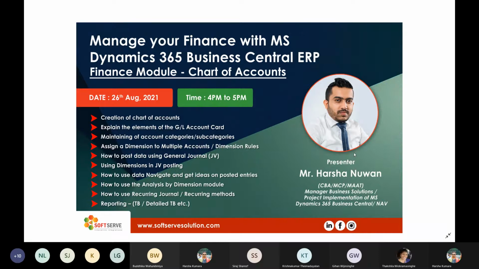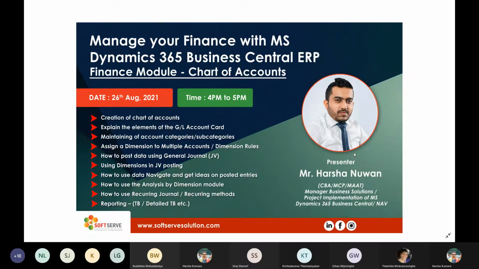And as you know, data navigation and all the key features in NAV are also very important. We are also planning to discuss the analysis by dimension tool, the recurring journal and its features. And there are some reporting tools in NAV regarding the chart of accounts, that I am also planning to show you.